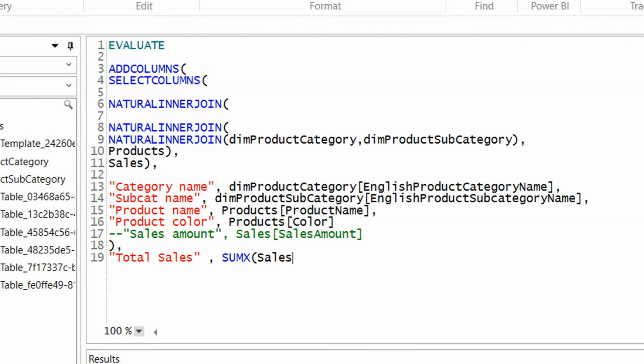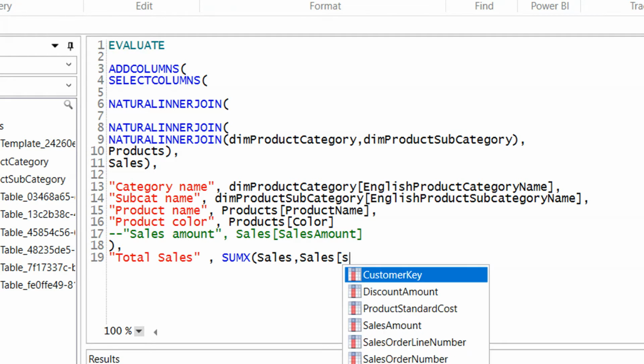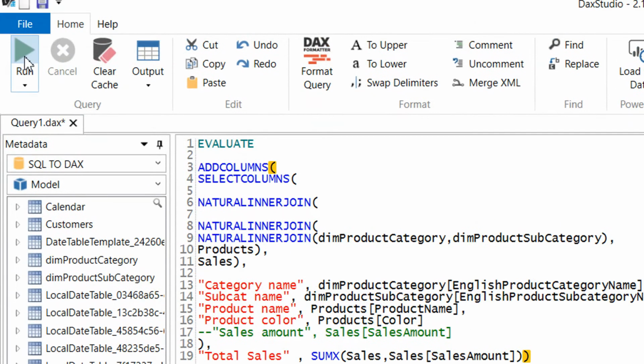The column name is sales, and we have sales amount, and we need to close it, and we just need to click run,